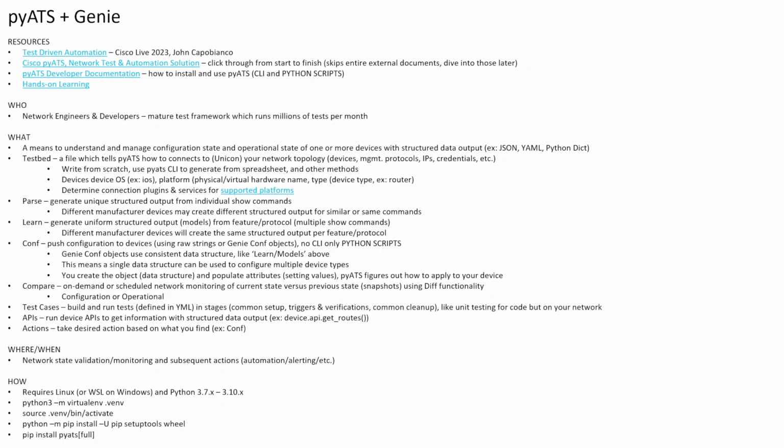And then another functionality is learning. And learning is a little different than parsing. It's more comprehensive, and I think it's a really cool feature. So this is used to generate uniform structured output, or what we'll call models, from various features or protocols running on the device. And so the way that this is done is that you will say something like learn OSPF,